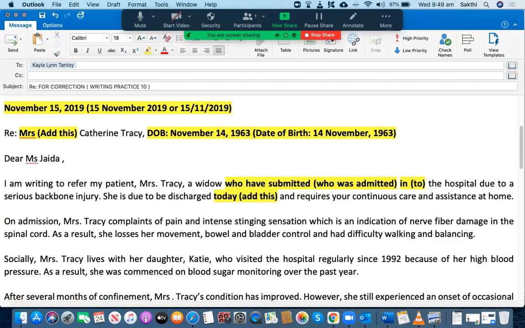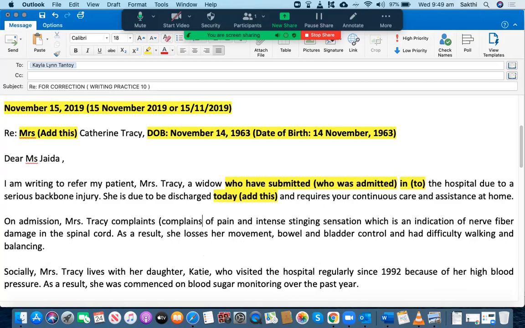Okay, let's go through the remaining ones. "On admission, Mrs. Tracy complaints of..." This is one of the major problems committed by the majority of nurses. "Complains" is a verb, and "complaints," the one with the T, is a noun. So what she has written is incorrect. She should have written it without the T. So it's going to be "complains." She complains of